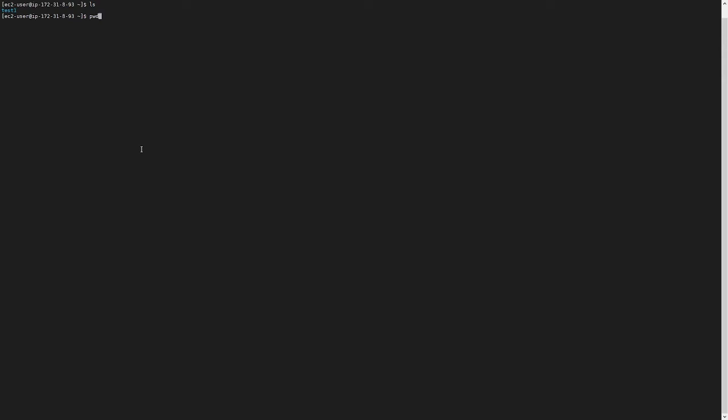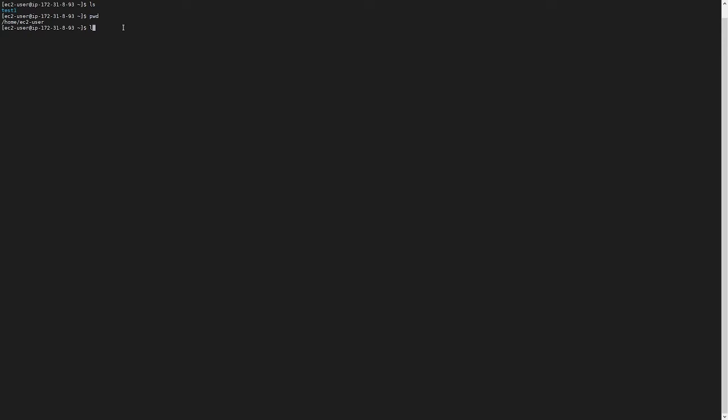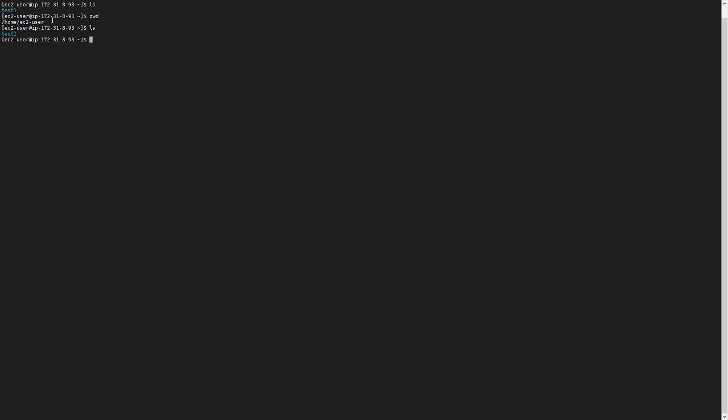Print working directory. So right now we're in the home slash ec2-user directory. This is usually shown by this sign right here, the tilde. This indicates we're home. So at this point, when you run an ls, these are all the contents of the folder in ec2-user. So for example, if I were to run a touch,